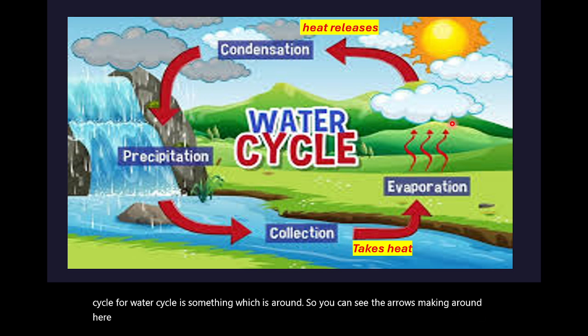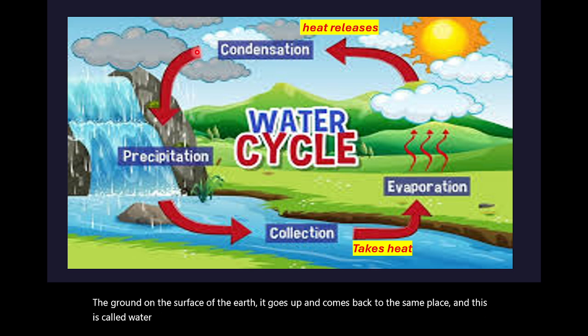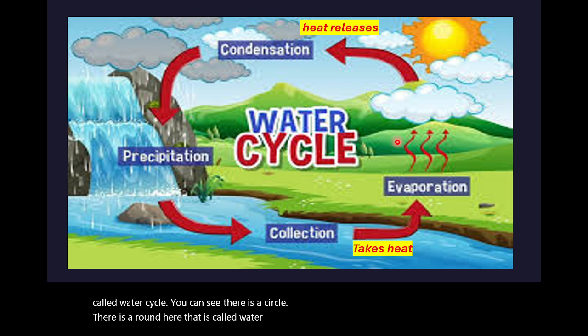The water on the surface of the earth goes up and comes back to the same place, and this is called the water cycle. So the water in the river, for example, takes heat from the sun and then it becomes